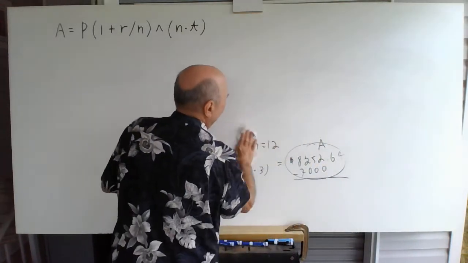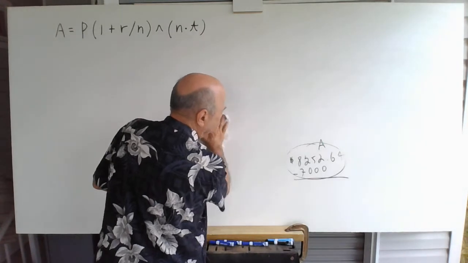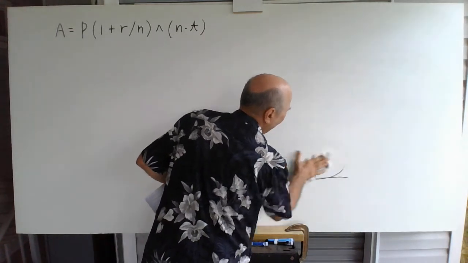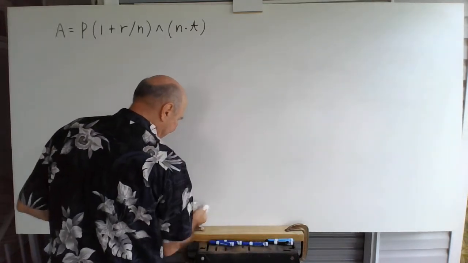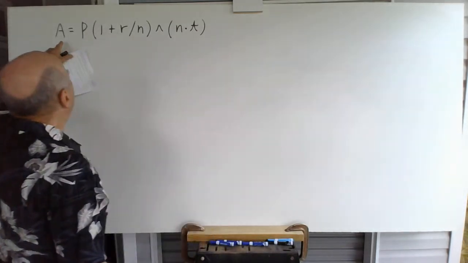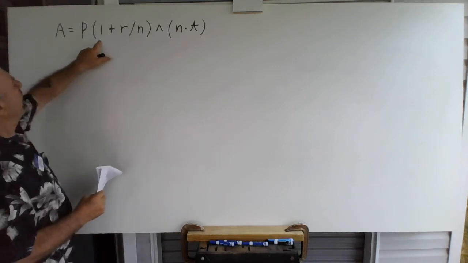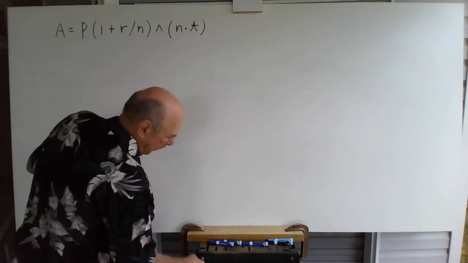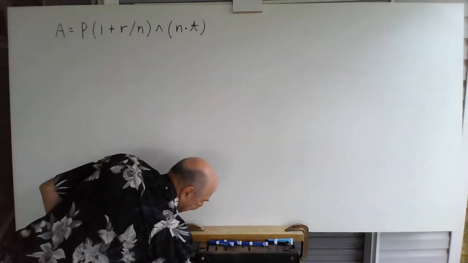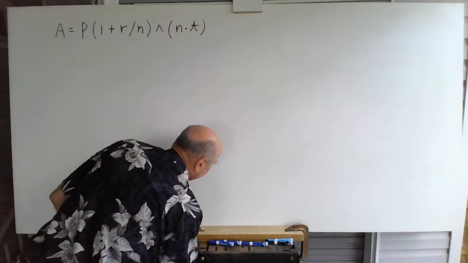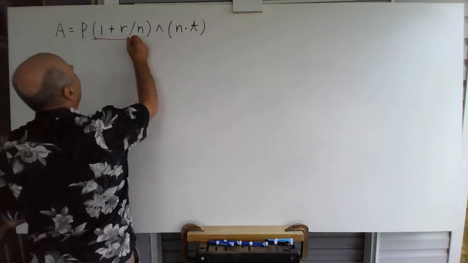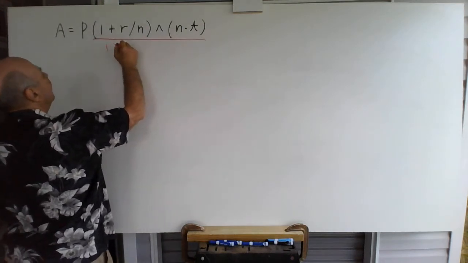So what I do is I just solve that equation up in the top left for P, because right now it's solved for A. So all I have to do is divide by this whole thing. I'll put it in another color. If I divide both sides by this amount,